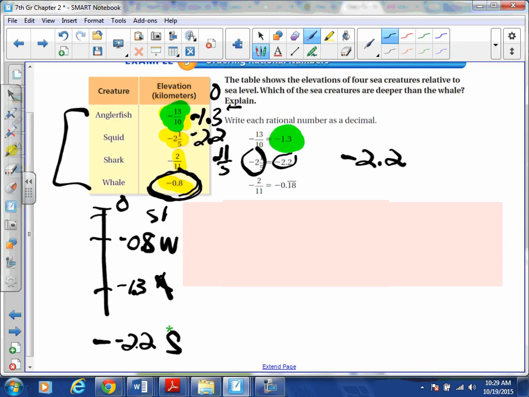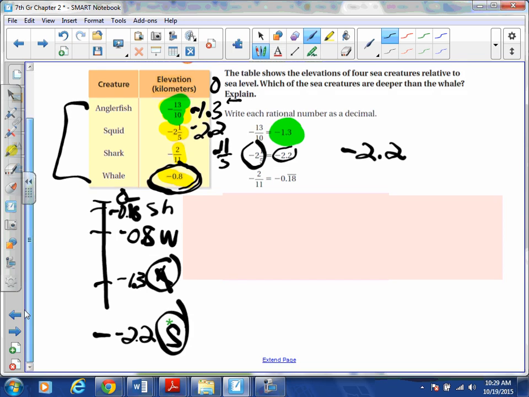The squid. And my last one, the shark, when I divide out 2 divided by 11, I just get negative 0.18. So that one is barely below sea level. He's a pretty shallow swimmer. So my shark